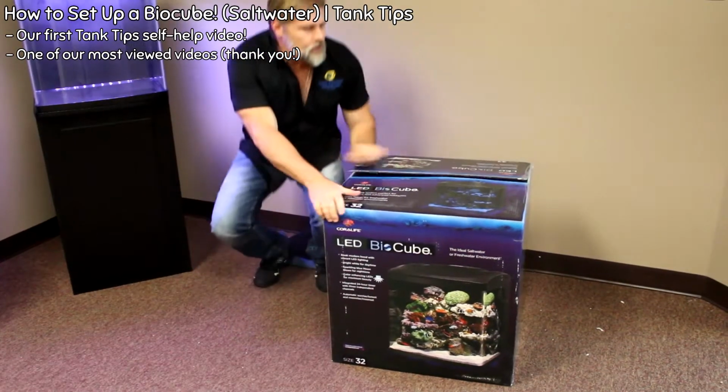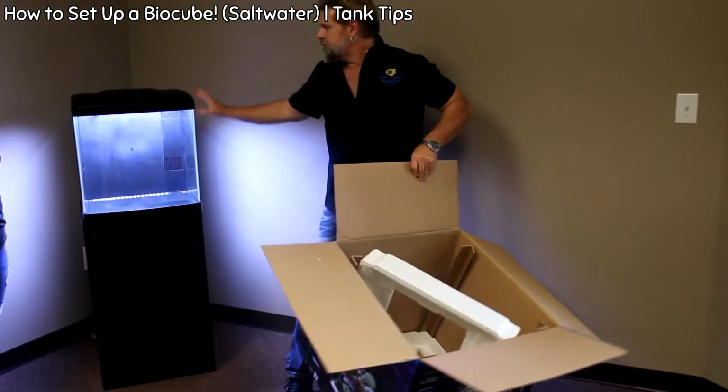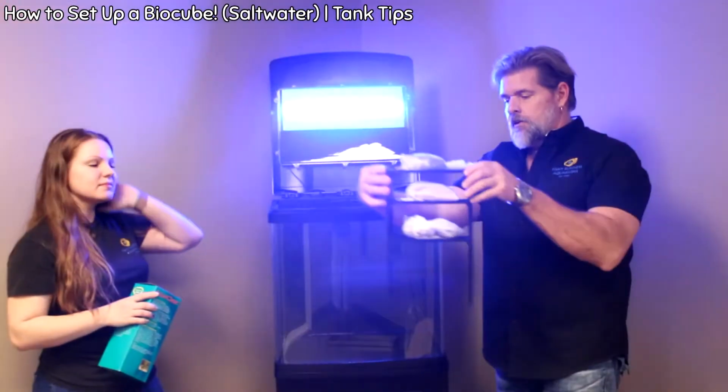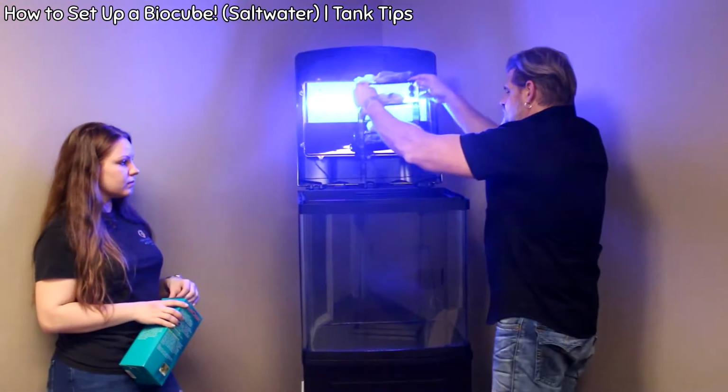First, we start with the Biocube. It comes in a box like this. It has already, in the box, been pretty much assembled for you. Having loaded our little chambers, as you see, we have the Chemi Pure Blue on top. That will stay in there